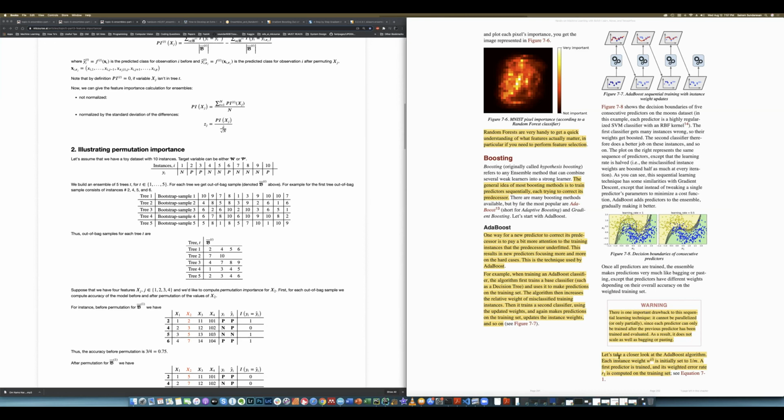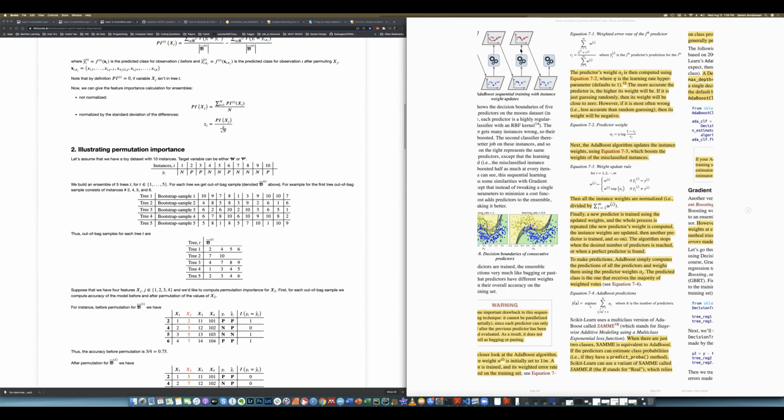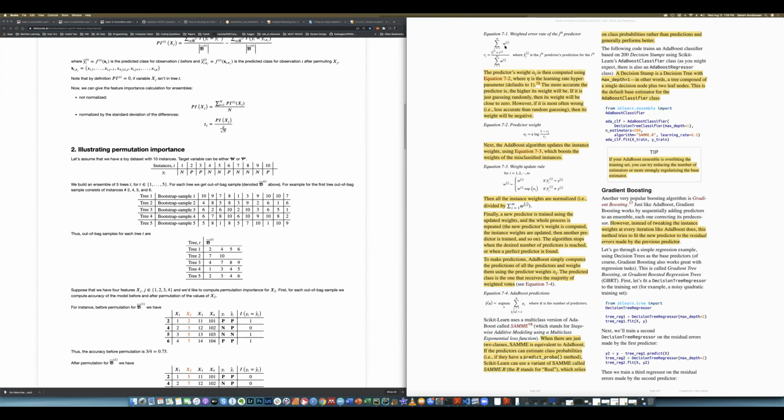And so let's look at the math. Basically, we start off with every training sample, all of these blue dots, being weighted equally, 1 over m, where m is the number of training samples. So we just give them an equal weight, 1 over m. And then once we train our model, we then compute the weight for every